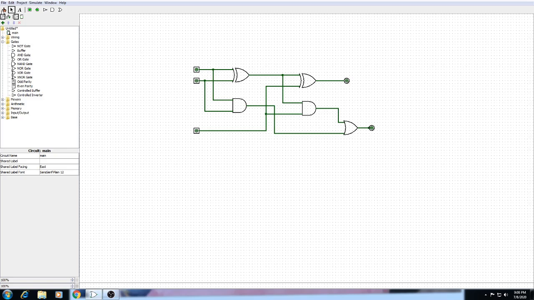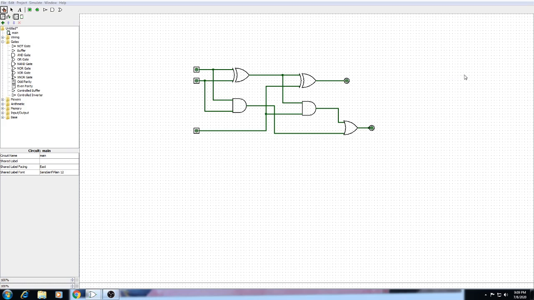Okay, so let's see how we can simulate this. Click on this hand icon as I previously told you. Whenever we want to simulate any circuit, we have to click on this hand icon, and we directly go to project and analyze our circuit. Here you will get the particular output expression for X, and this is for Y. Because we have this sum and this carry out, this one is a truth table.